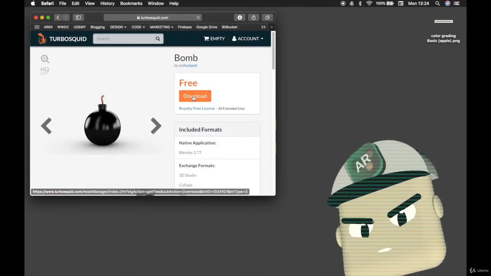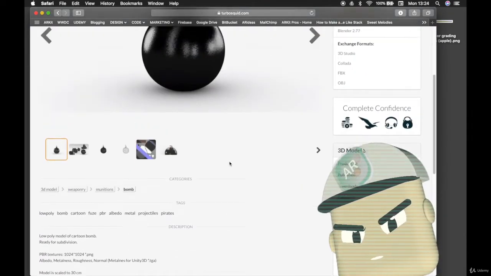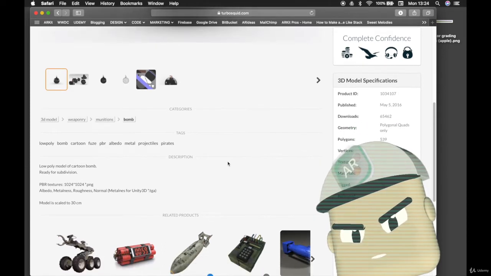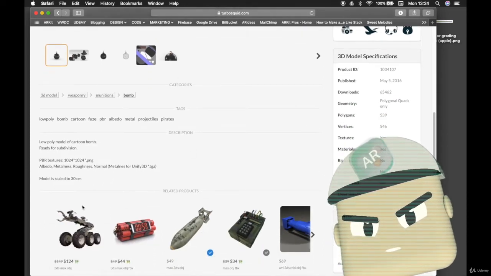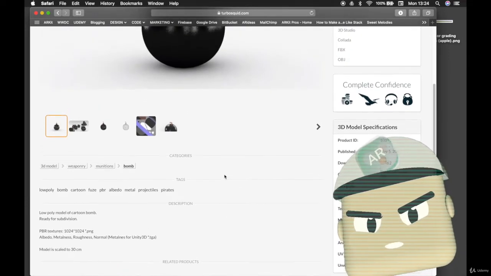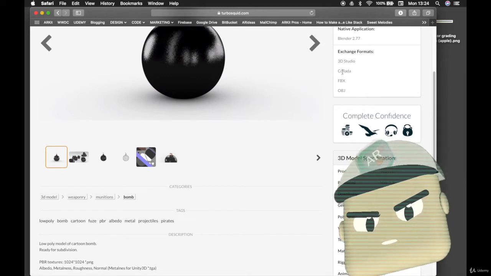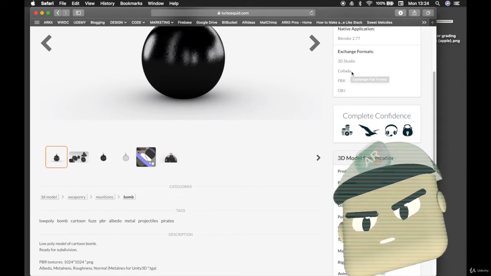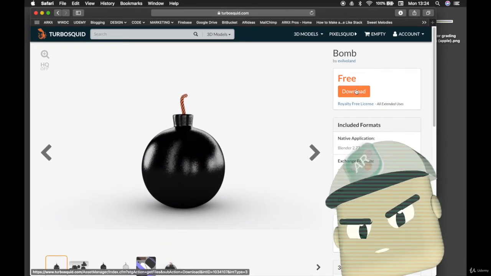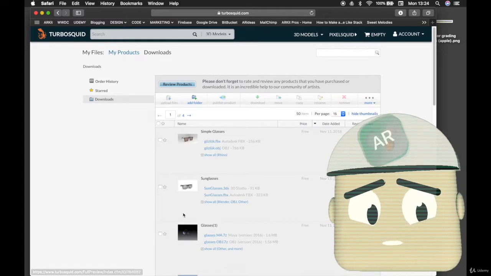So what you can do is download. As you can see here, we have PBR, that's good. But yeah, we've got Collada, so that's .dae and .obj, so those are the two formats we're interested in. So if you click on download, you will see that it appears here